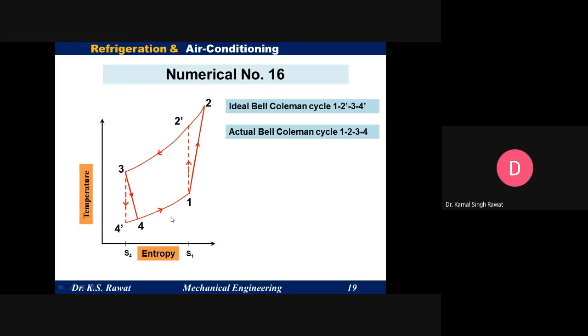Vishesh, you tell me, beta. Yes, sir. Isentropic efficiency of turbine: T2 dash minus T1 upon T2 minus T1. Where is the turbine? 1 to 2 is the compression process, and I am asking for the isentropic efficiency of turbine. Yes, sir. Turbine: T3 minus T4 upon T3 minus T4 dash. Okay, and what is the isentropic efficiency of compressor? T2 dash minus T1 upon T2 minus T1.